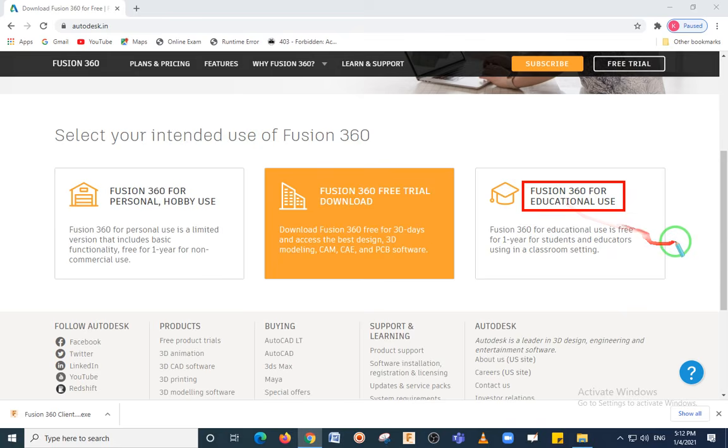Okay, this is the Fusion 360 for educational use. Now this Fusion 360 download is for 3 years, and it will be eligible for 3 years. You can download it and use it for 3 years, especially on Microsoft or Mac OS, which is having 64 bits. Okay, it is not compatible with 32 bit systems. Okay, so just click here, that is the Fusion 360 for educational use.